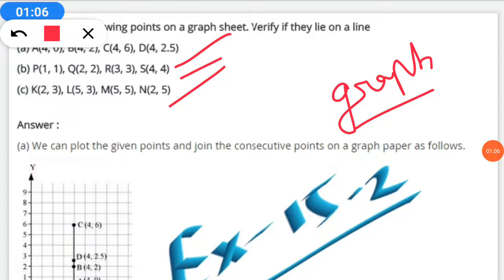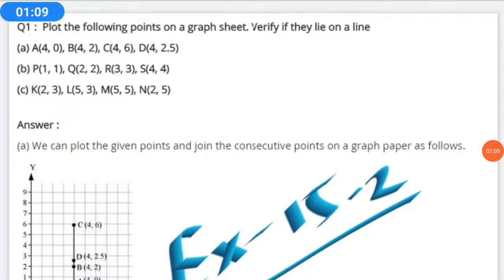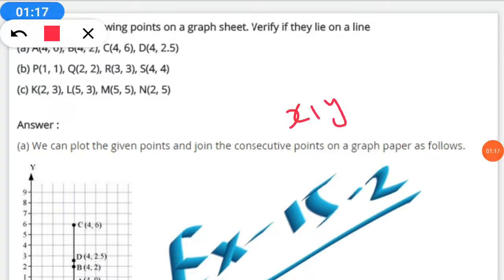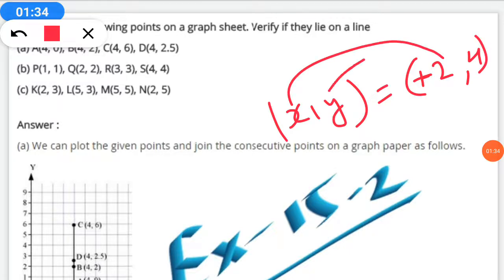Okay, so what is the first coordinate? Coordinate means it contains the x and y axis values. Suppose we have x and y, so x and y will be the coordinates of, suppose x will be -2 or +2. We can take negative numbers also. Okay, let's take the positive number, otherwise you will get confused. And y will be equal to 4. So this is the x value and this is the y value. Altogether it is known as coordinates.